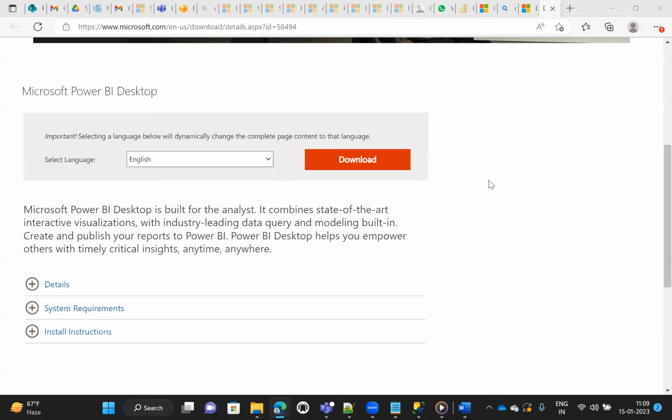So there is one end-to-end project that you have shown? Yes, we'll have a retail project from a Microsoft data set. Microsoft has the AdventureWorks sample database, so we'll be using that data set, and apart from that, we'll be using other data sets to show the data.